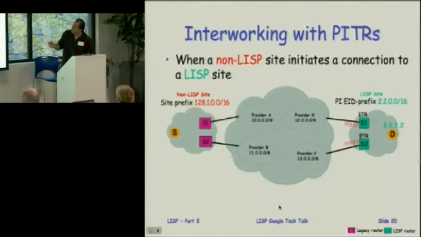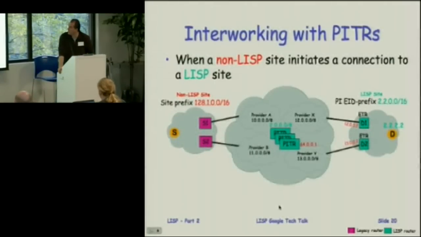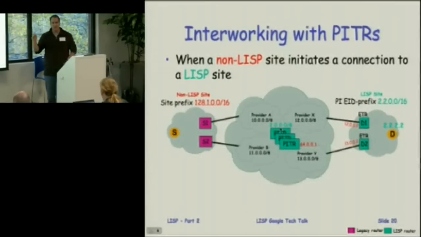Okay? So how will a packet get from S to D? Well, let's put these Proxy ITRs in the infrastructure. There's all kinds of service models and placements where you can put these. Let's not talk about that right now. Let's just say we have these Proxy ITRs that will inject, I don't know if you can see in the middle, 2/8. What they're doing is, and hang on every word I'm going to say, these Proxy ITRs